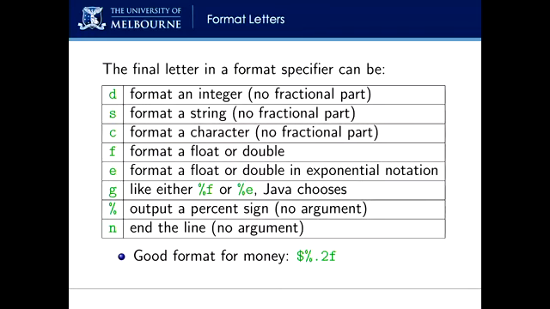So these are the format letters. So you have D, which has no fractional part, which is an integer, not I, D. S, again, no fractional part, so you wouldn't put a decimal there. And C, character. So character is, again, signified by quotation. The thing to remember about the character is if you put a percentage C, and then provide the argument of a character, if you give it an integer value, so for example, I